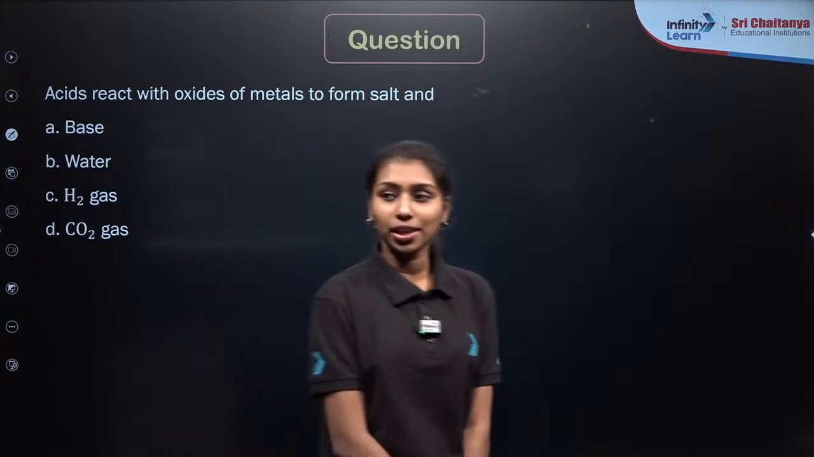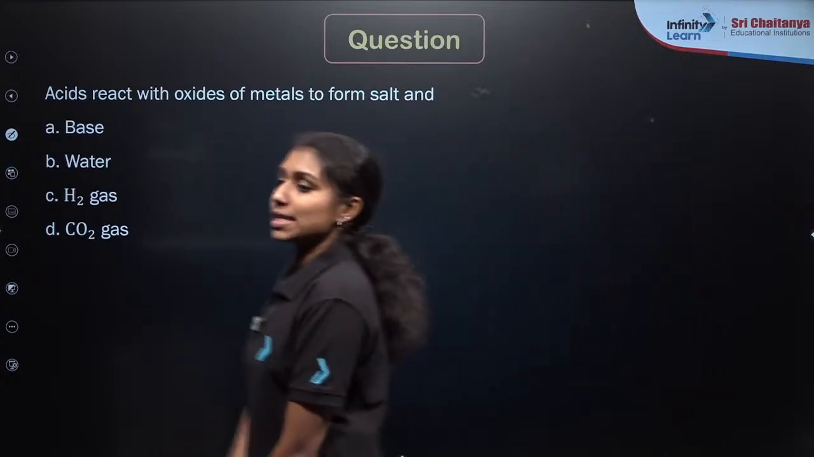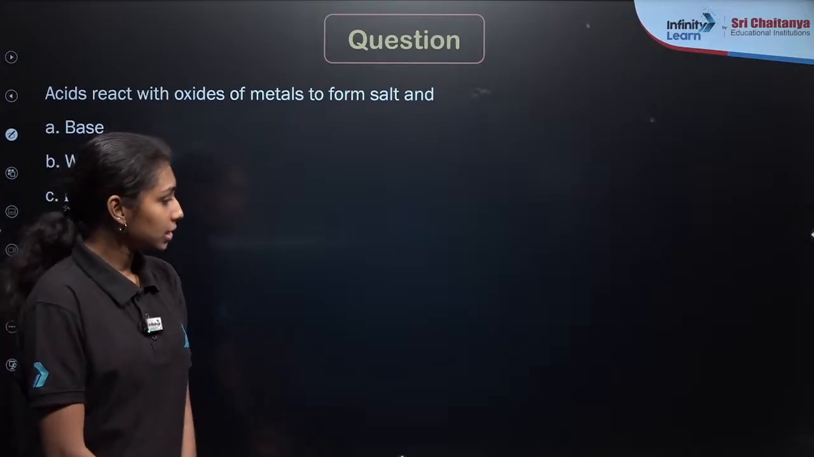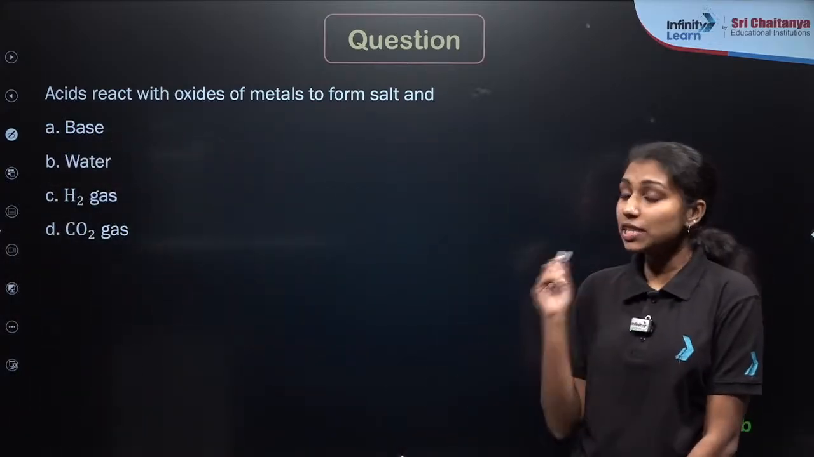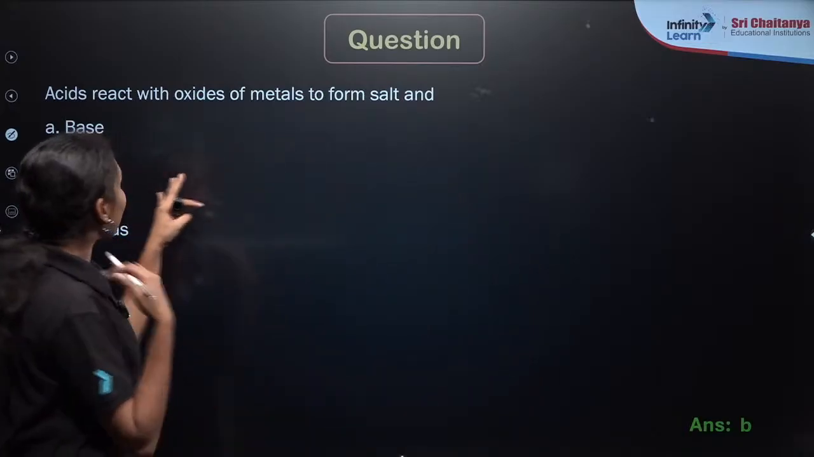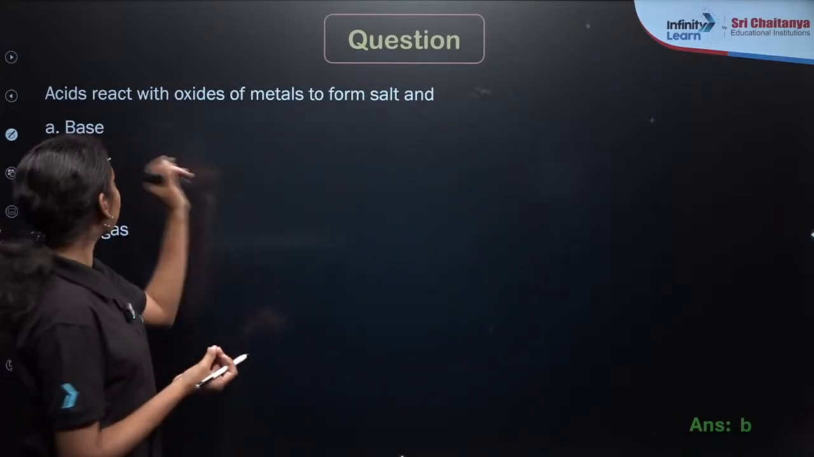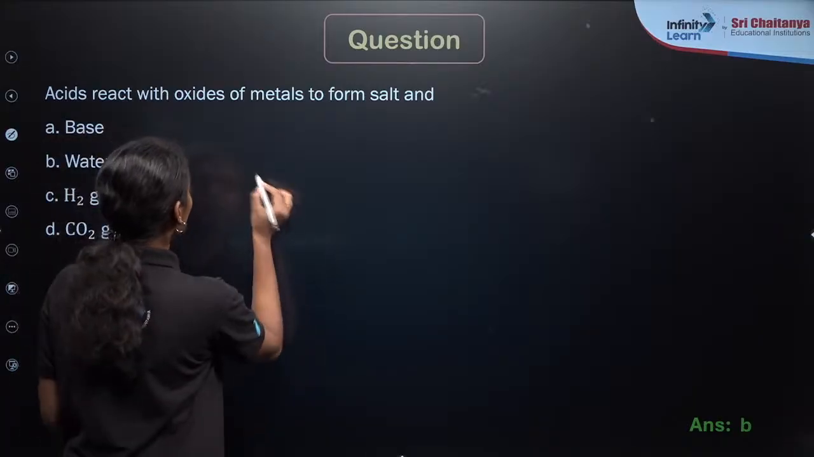Okay, Arush is saying water is the correct answer and Ritik is saying option C. So let's take the answer first. Option B is the correct answer, which means water. As we already studied in the classes, whenever metal oxides react with acids, they form salt and water. For example, if you are taking